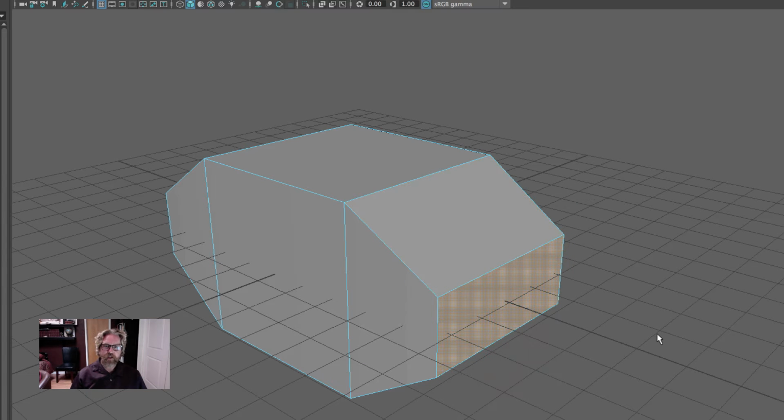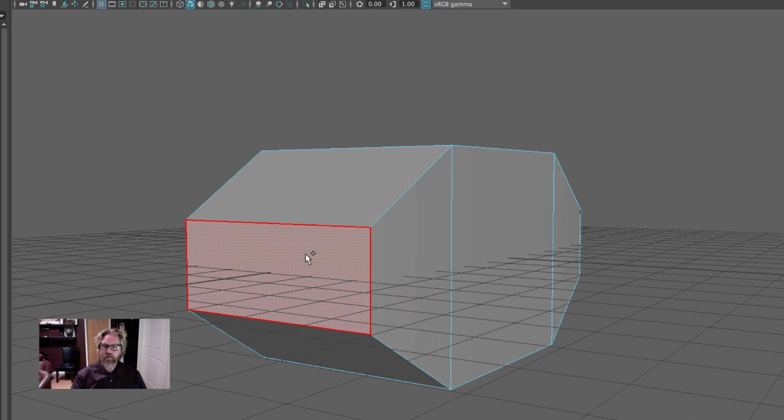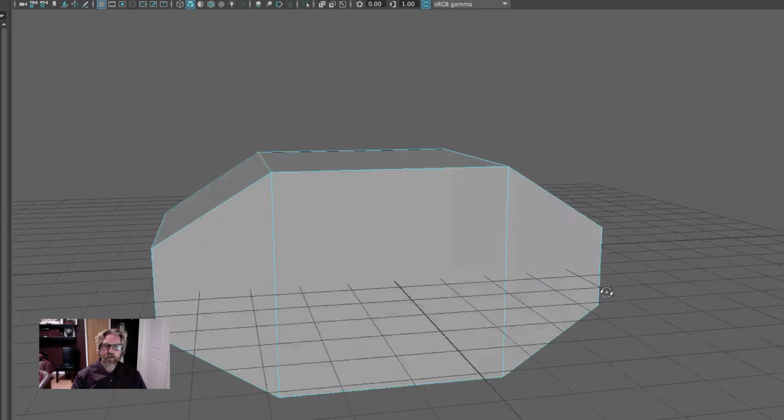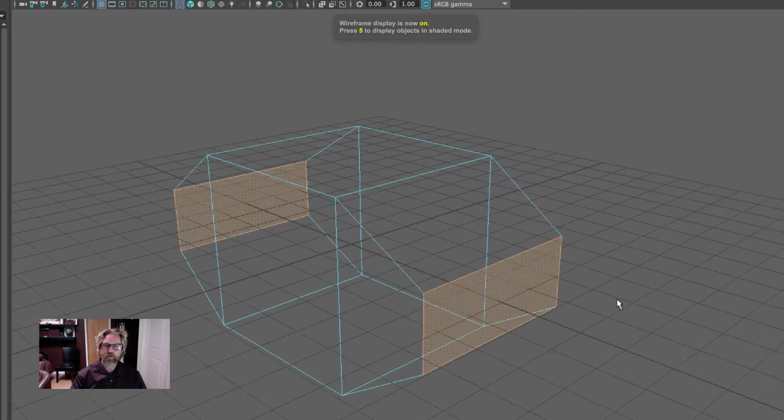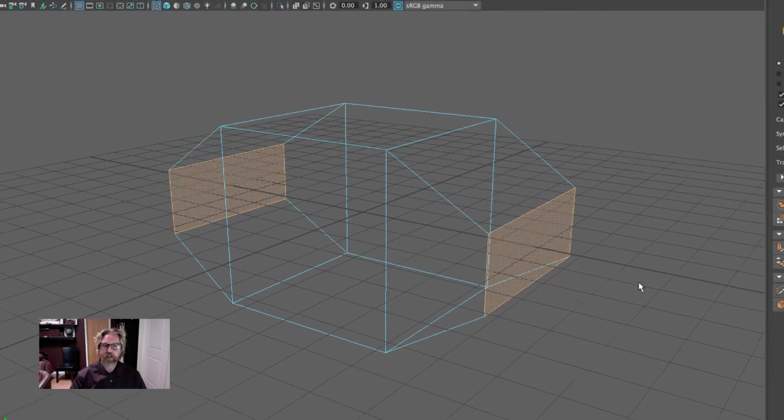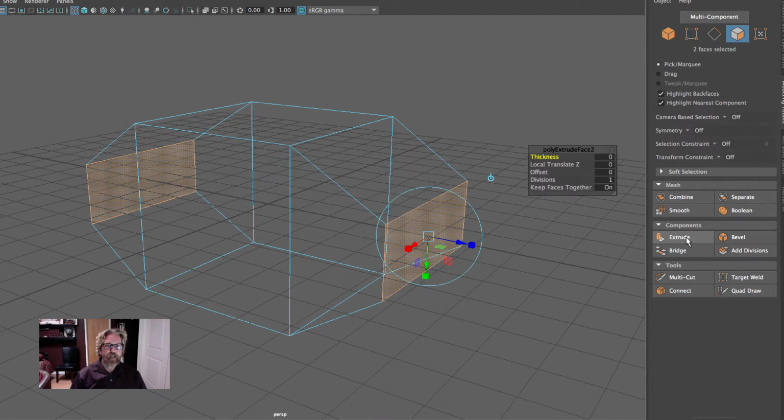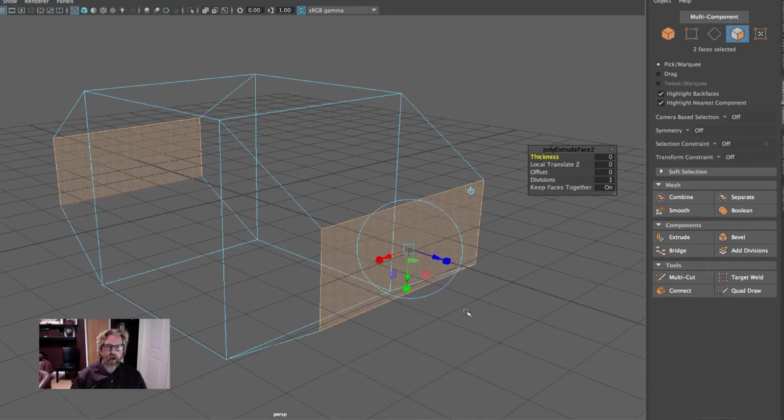I'm going to select this face, making sure I've got the face on the other side, holding the Shift key. You can hit the 4 key just to make sure that you have them both selected. And I'm going to hit extrude. In this case, rather than translating the new sets of faces, I'm going to scale the new sets of faces. And I'll, again, click on the little cube, which gives me the central cube